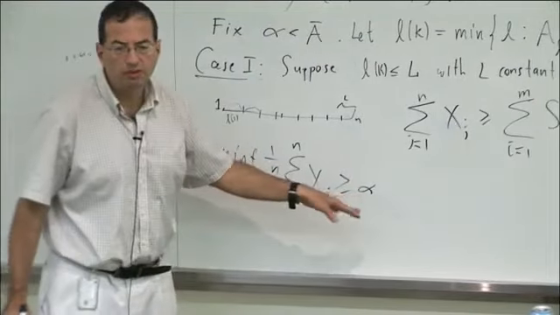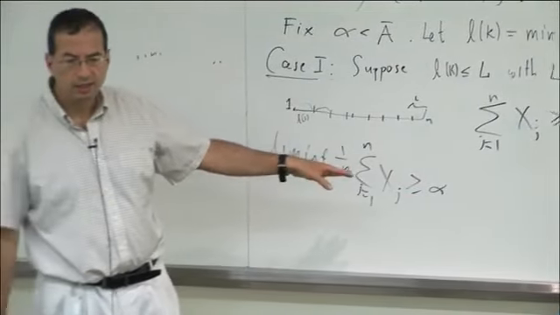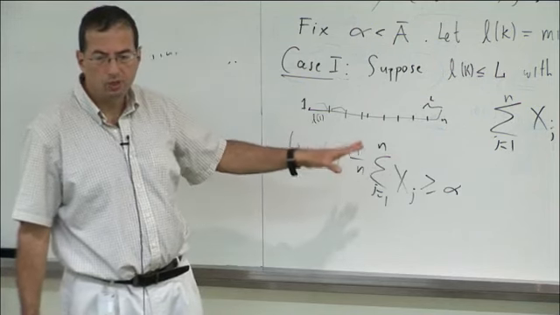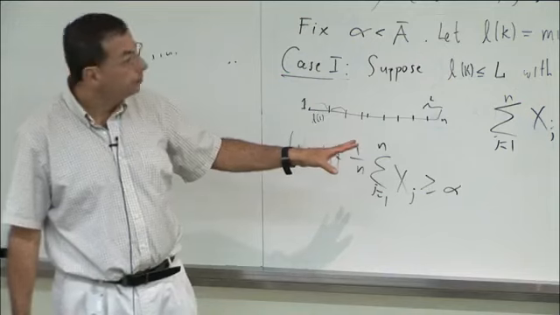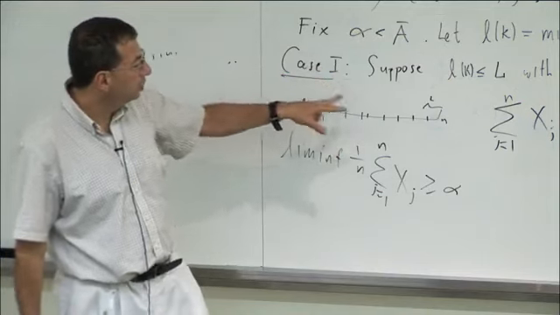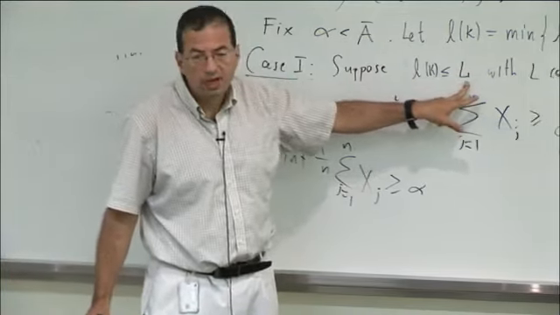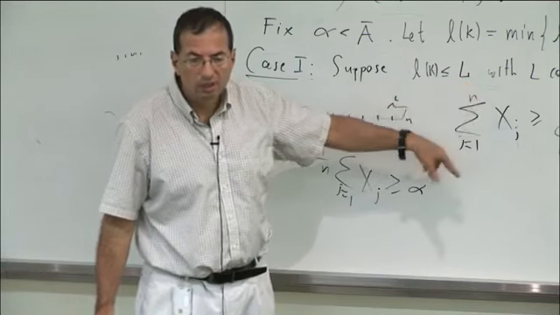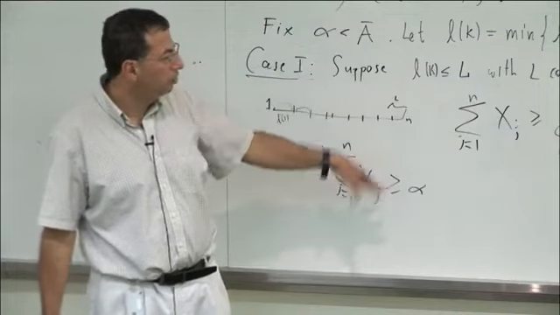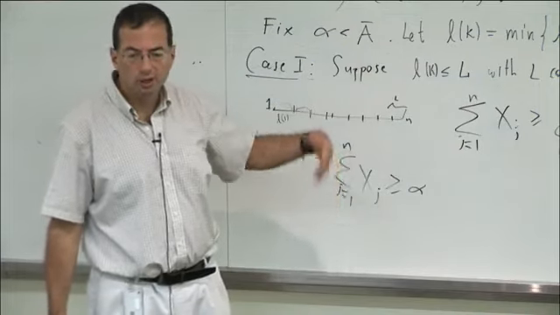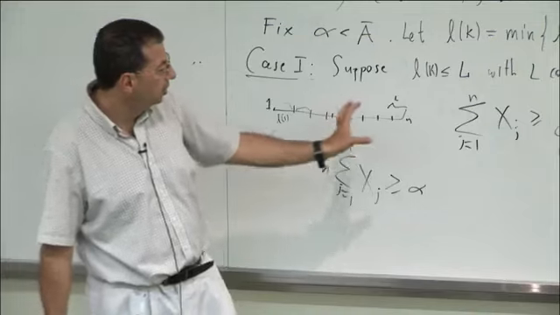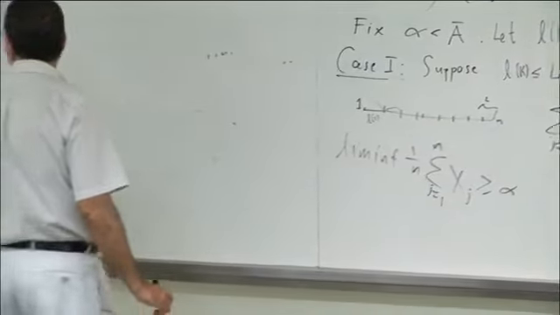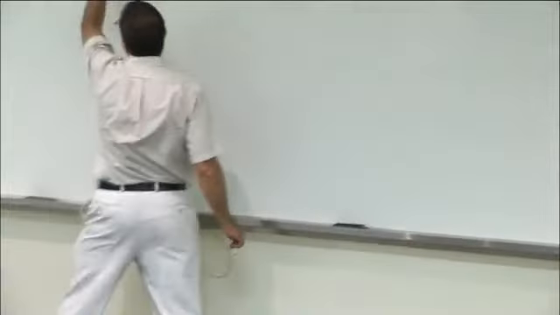Okay, and of course, if we could do this for any alpha less than a bar, then we would get that the lim inf equals the lim sup, and so the limit exists. But of course, this assumption that L is constant is very restrictive. I don't want to spell out the details in this case. This case was more just to see the key argument in the cleanest setting. Now we're going to do the same thing in the general case.